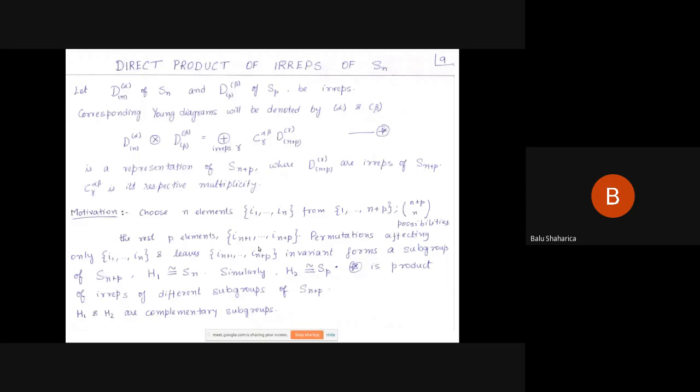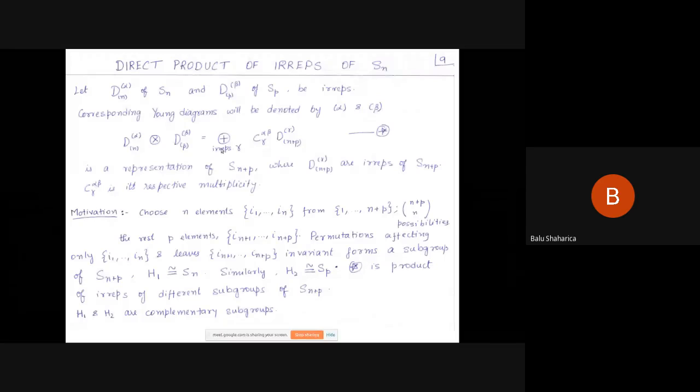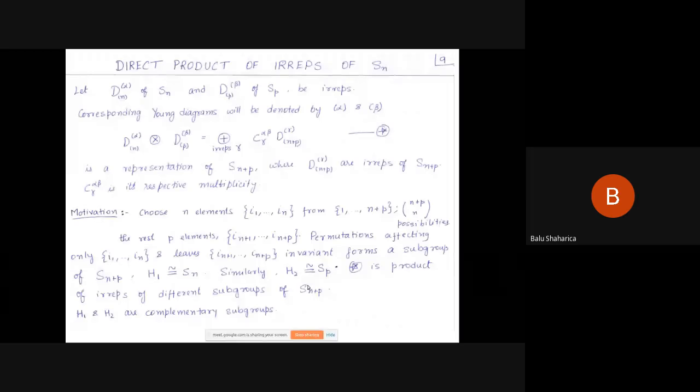And we see that these subgroups H1 and H2 are isomorphic to Sn and Sp, and this is where the product of any element, like one element from H1 and one element from H2, gives S(n+p), but their direct product is not